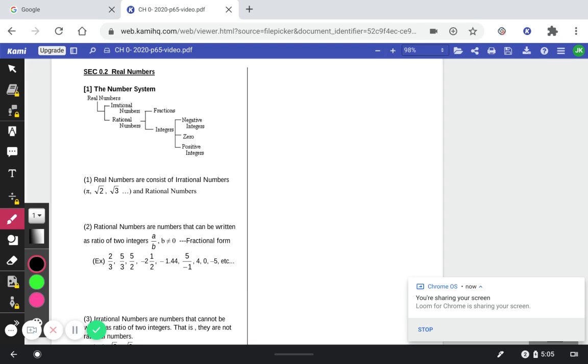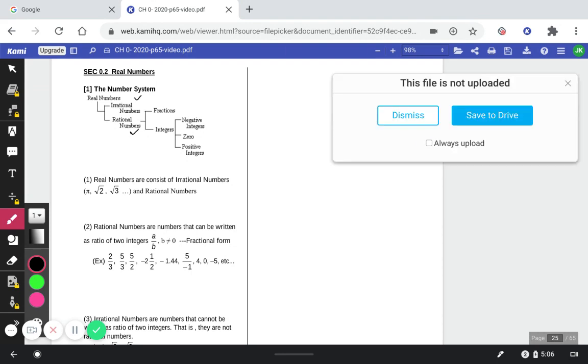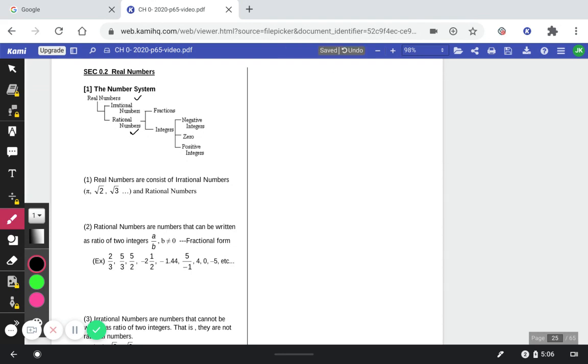Today's lesson is about real numbers and the operation of signed numbers. In the real number system, there are rational numbers and irrational numbers. Rational numbers are numbers that you can express in terms of a fractional format. So rational numbers consist of fractions and integers,